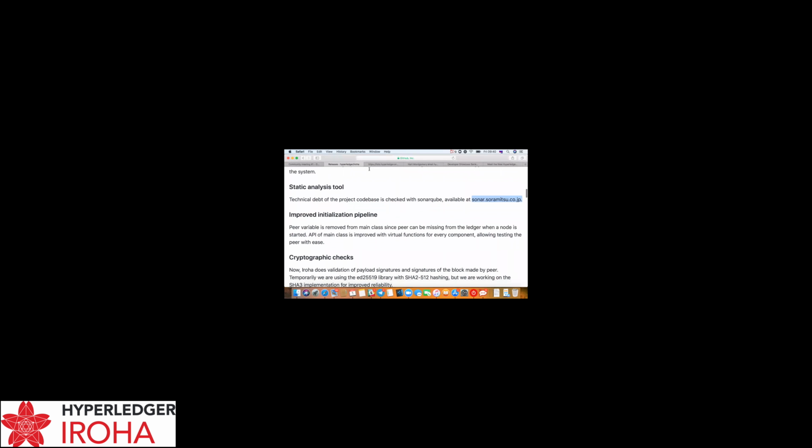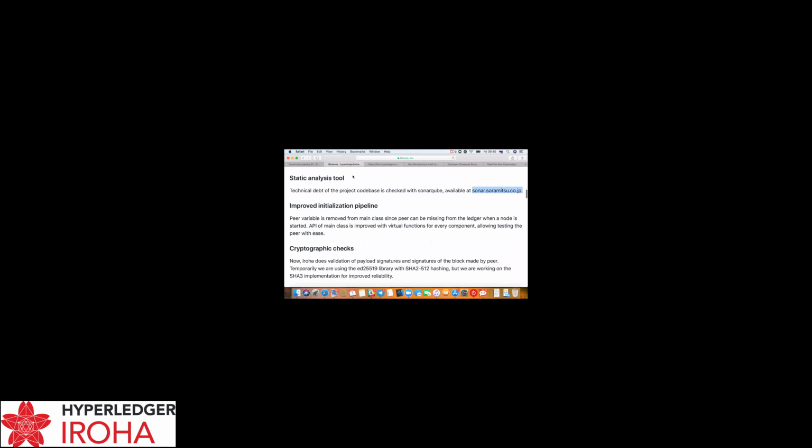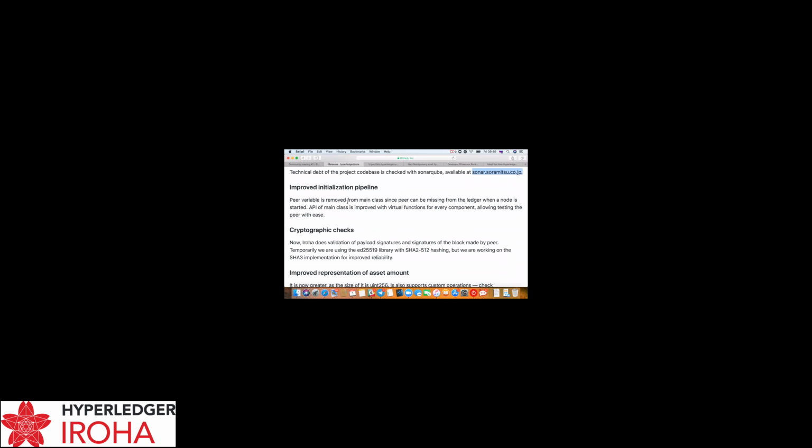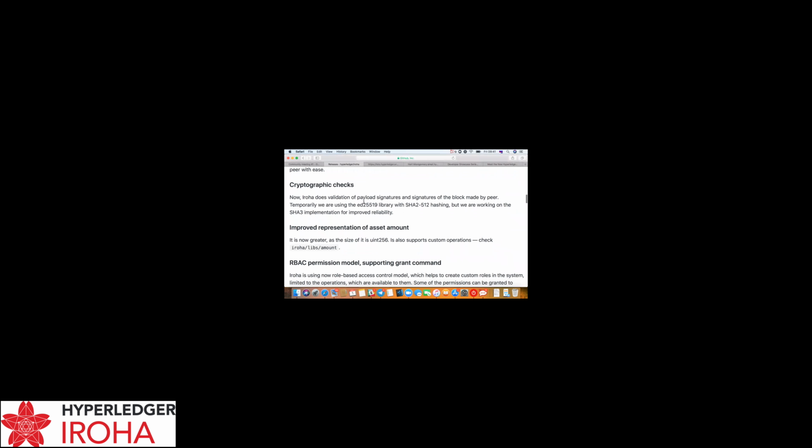Never mind. So we have improved our initialization pipeline a bit. It's not very informative though, but now it's more modular and the API was improved. Also, one of the core components in the system is now cryptographic checks. Previously, it wasn't active, and now the implementation is based on two libraries, which is ED